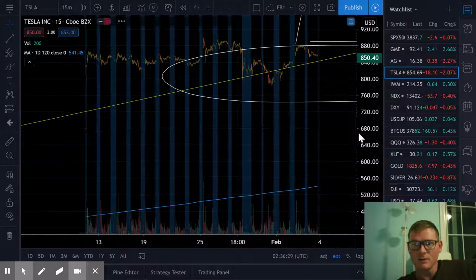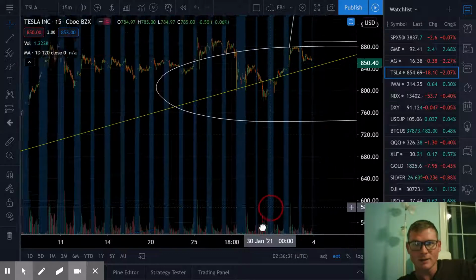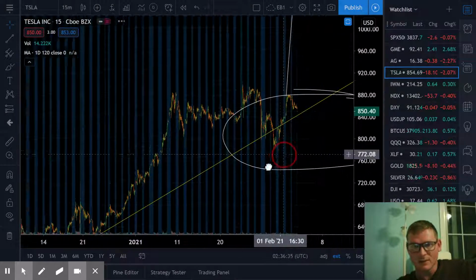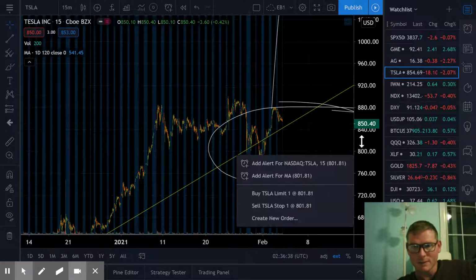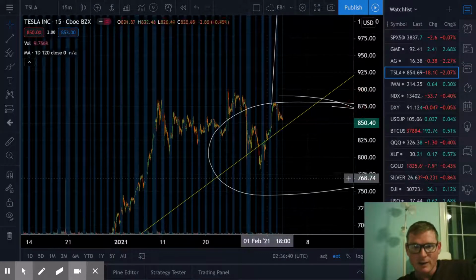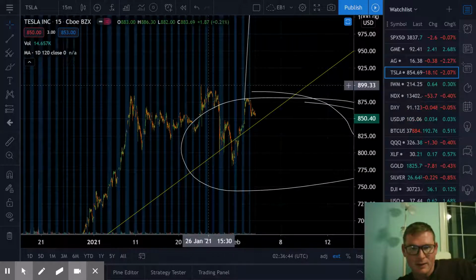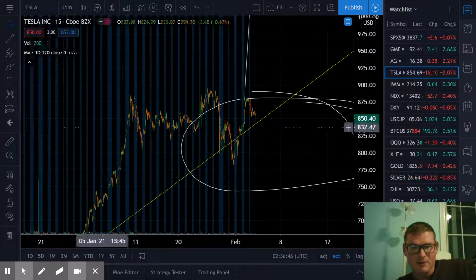So basically, what I'm thinking right now is Tesla's at the top of its bubble, and GameStop looks like it's at the very bottom of its bubble, about to take off. So check this out. We just got a top, and we came down into this downhill